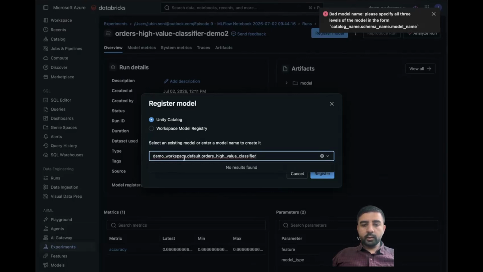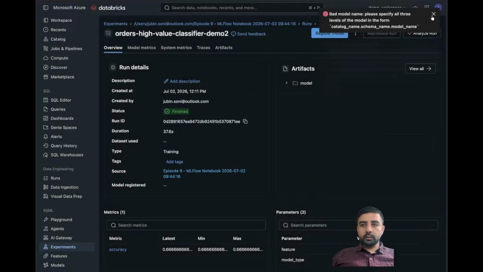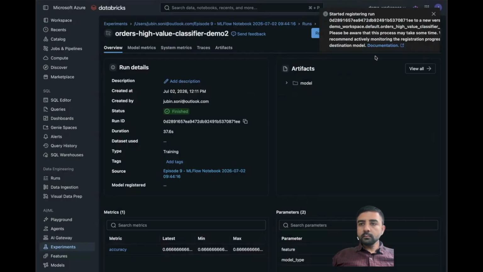And so I'm going to put demo workspace default orders. So because this is not an error, this is just how the naming is required. And now it's trying to register the model. Okay, started